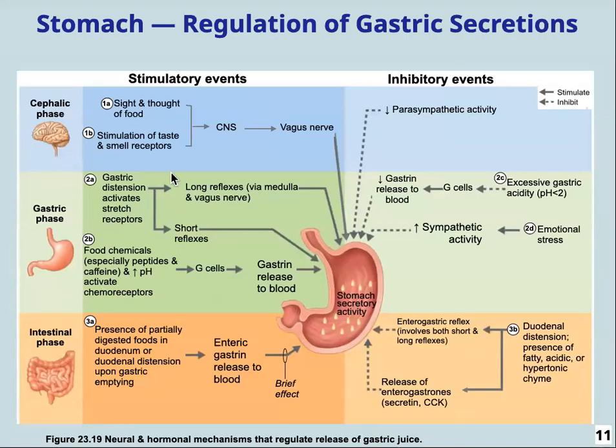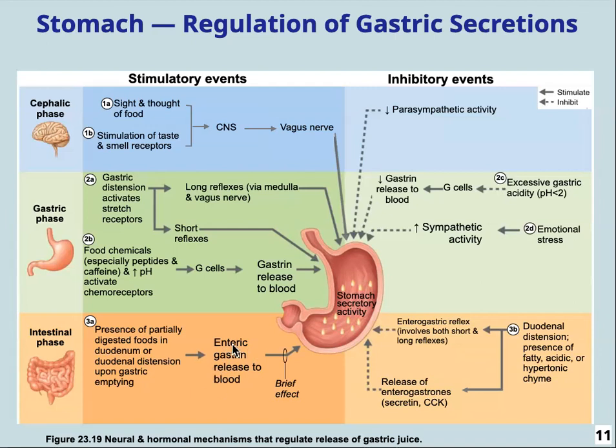So during this phase, the gastric phase, as we mentioned, gastrin is a much more important factor in the secretion of gastric juice than the neural influences. And finally, moving on to the intestinal phase. This phase is triggered when partially digested food, the chyme, begins to empty from the stomach into the duodenum. And this filling of the duodenum stimulates the intestinal mucosal cells to then release intestinal gastrin,